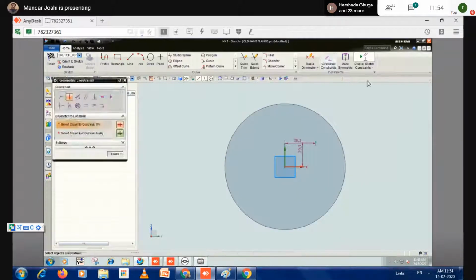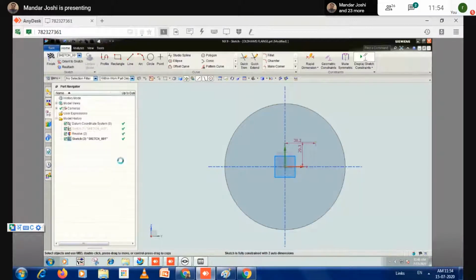Geometric constraint. Point on a curve. This point, and this X reference. Again, this point and this vertical reference. Now exit the sketch.